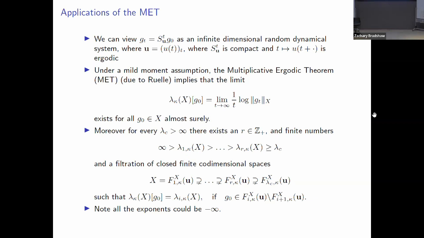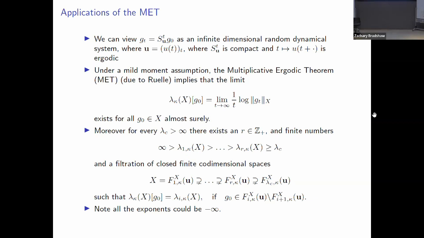It's some kind of universal set of numbers that only depends on kappa, X, and G. And this limit holds almost surely. But more generally, what you can say is that for every cutoff, let's call it lambda C, a spectral cutoff if you like, there exists some collection of finite numbers, call it lambda 1 through lambda R, which are all strictly separated from one another and bigger than this lambda C, such that